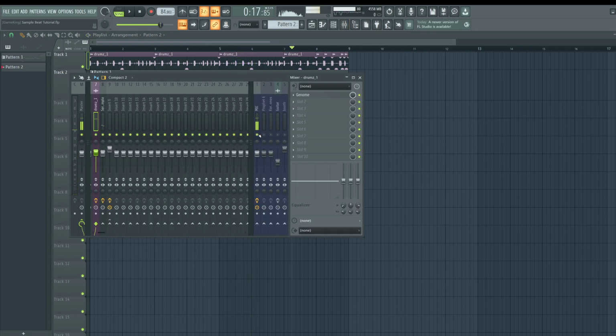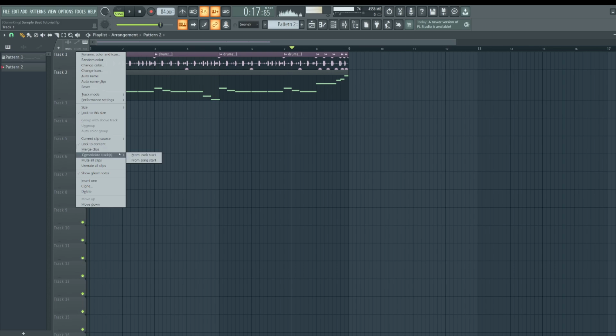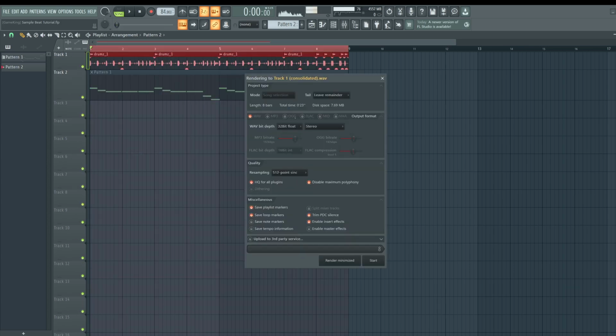You guys can also run your samples through this as well. To save, here's what we'll do. Let's just commit to that sound. We'll print this and then run our sample through some of those presets as well. Now, the only presets that I would really use on a sample would be maybe a preamp or compression. I wouldn't really run it through clippers and stuff. But let's just print this to audio.